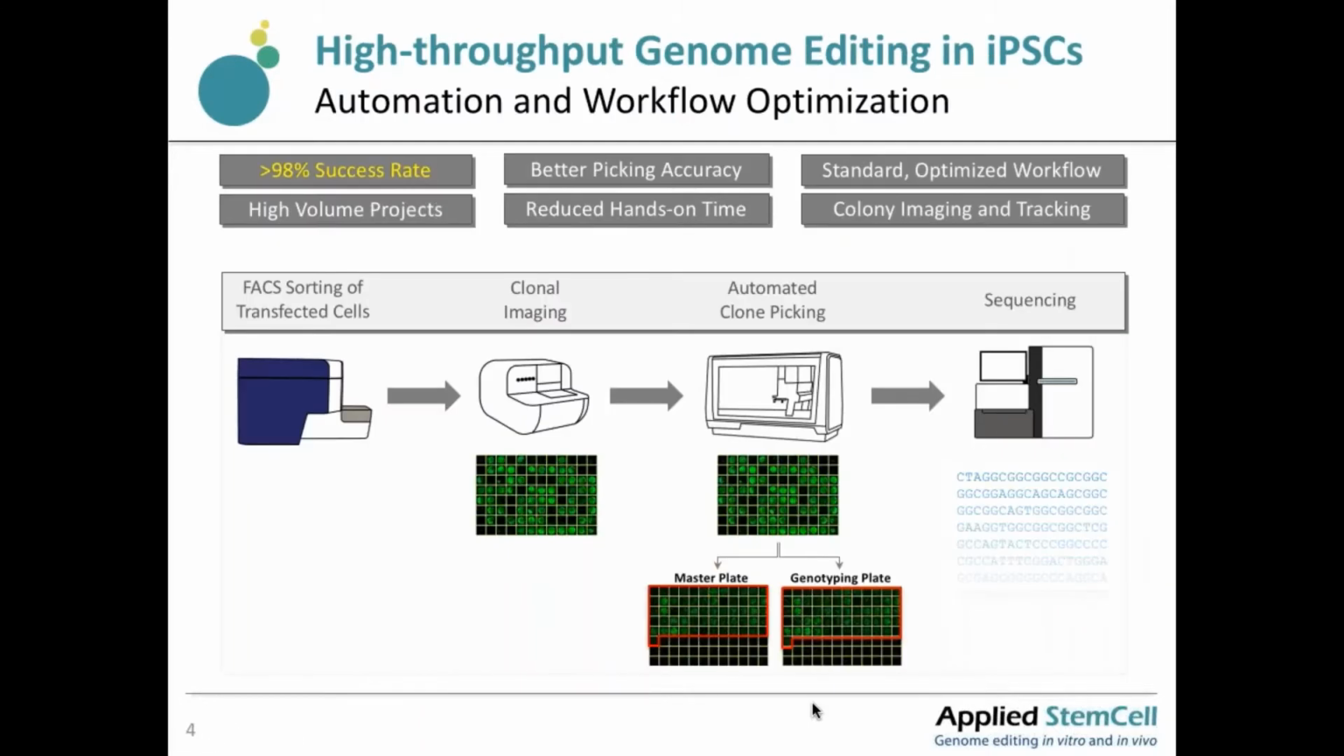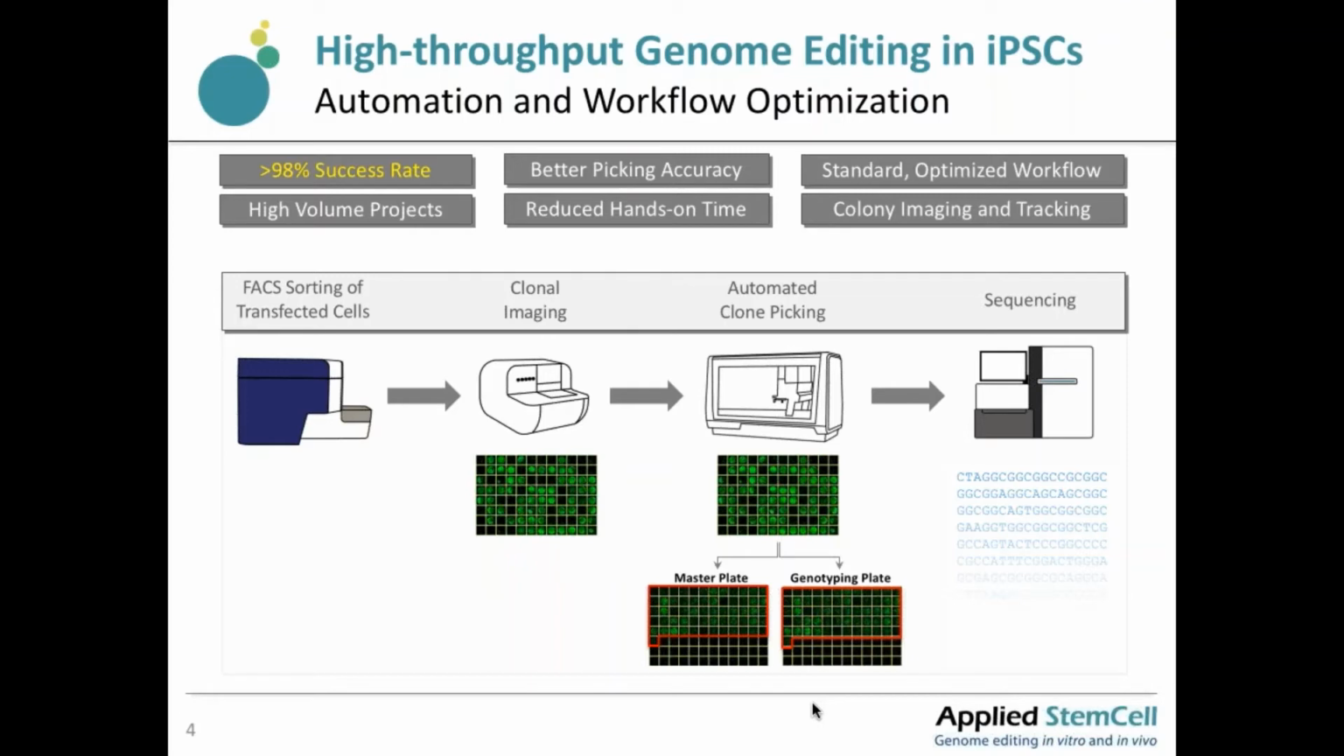So one thing I want to talk about in this webinar is our high throughput genome editing automated system. So this is a system that is a proprietary technology platform established at Applied Stem Cell. So we're not only able to manipulate iPS cells and make mutations, but also we can actually manipulate multiple cell lines and hundreds of cell lines at the same time using high throughput